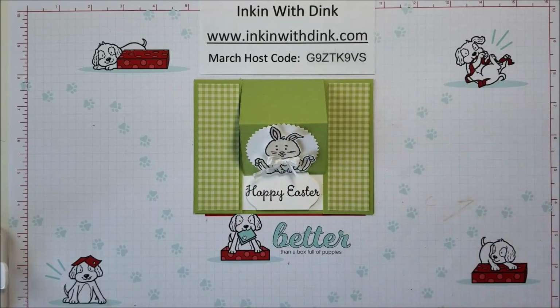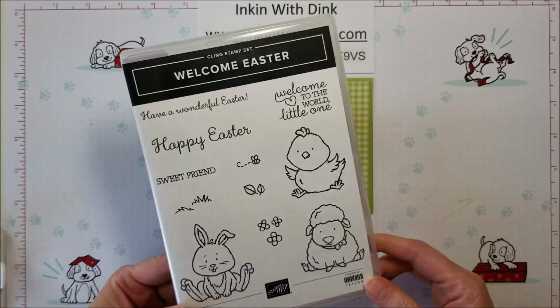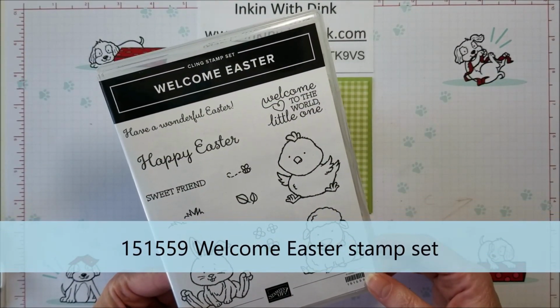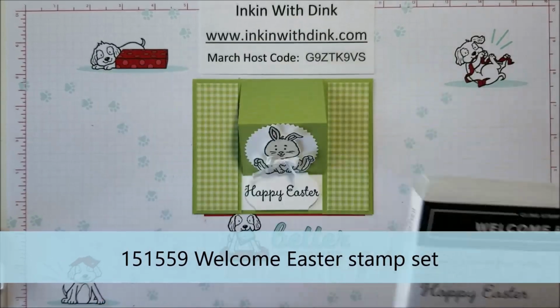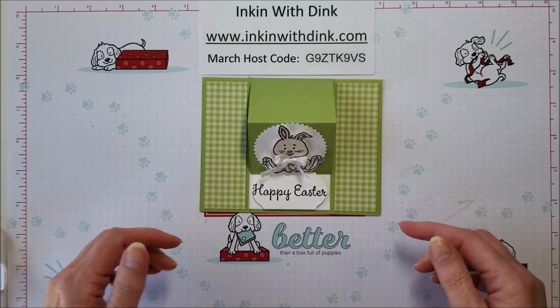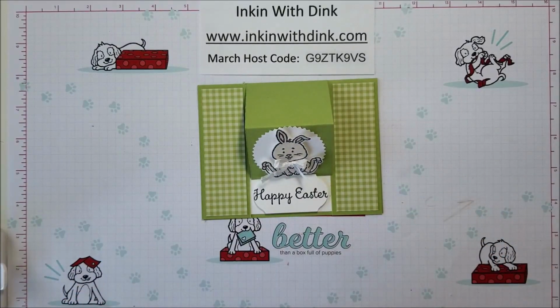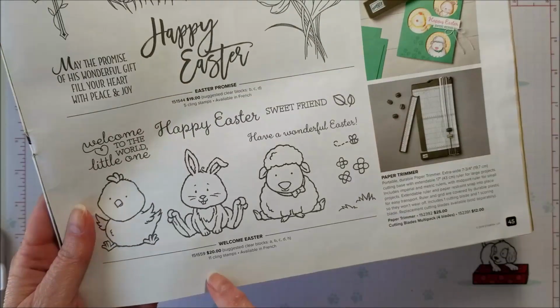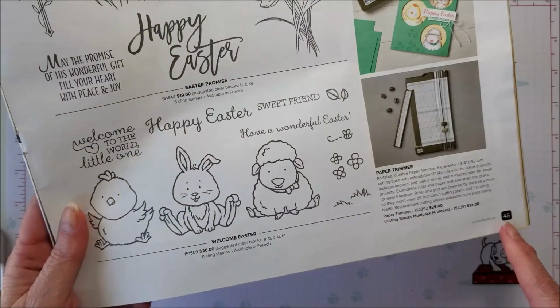All this week I am featuring the Welcome Easter stamp set in all of my videos and my Facebook Live. So I'm going to continue with that today and show you how to make this super duper cute Easter easel card. Okay, now the stamp set that I'm using, the Welcome Easter, is in the mini catalog on page 45,